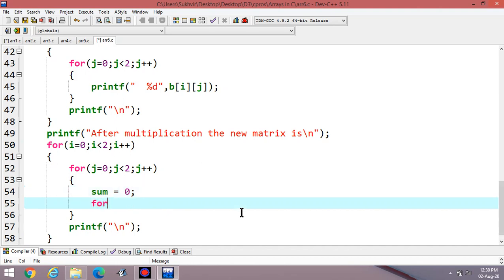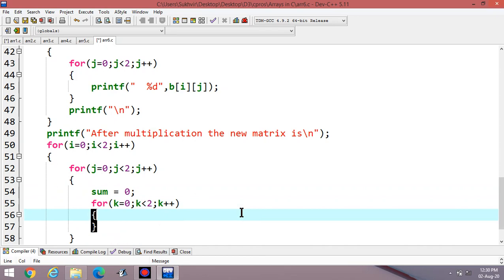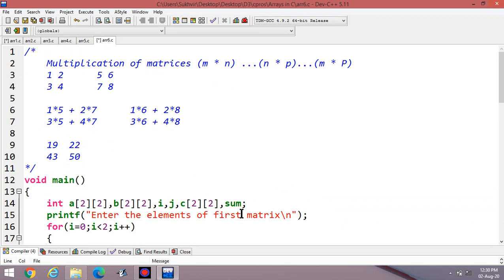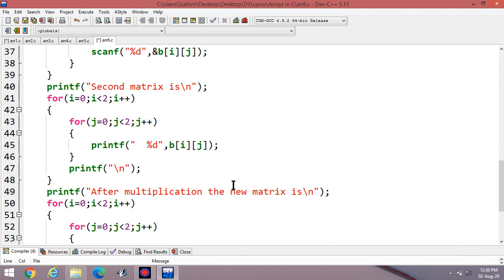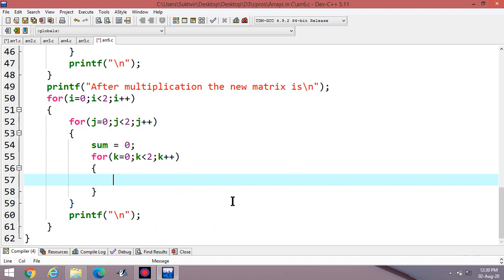Then for, suppose I take the new variable k is equal to 0, k less than 2 and k plus plus, because this variable is required. Here I have to declare the new variable, that is k, for the third matrix. And what is required inside?